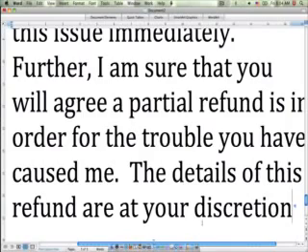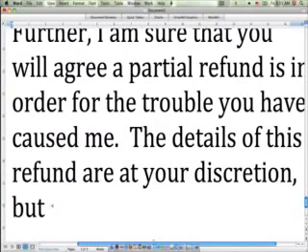There's a little phrase that you might want to note in your memory. It's a good little phrase to use, especially if you're going to be writing a Task 1 response. At your discretion is a phrase that sort of means it's up to you. So if there's any moment in your essay where you want to say it's up to you, when you're writing to whoever it is, at your discretion is a way that you can help yourself sound a bit more academic. So the details of this refund are at your discretion,